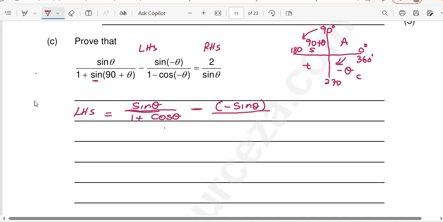Then we need to reduce the bottom part, which will be 1 minus. Can you see? We still have the negative angle again, but remember, this time it is cos of that negative angle. How is cos in quadrant 4? Cos is positive, so this will be the cos of theta. So now you've managed to work this out, but now I need to change something just to save time. Can you see that these two negatives will cancel, negative times negative, which will give us positive. So I'm just going to erase this negative inside the bracket, that negative there,